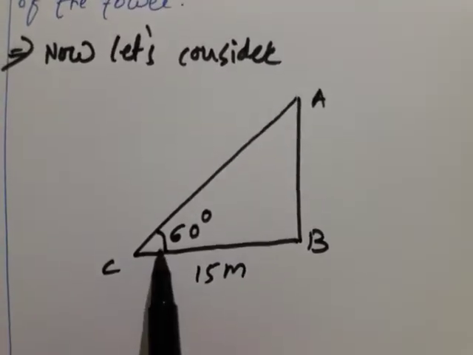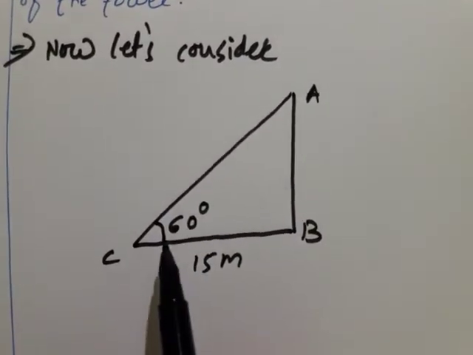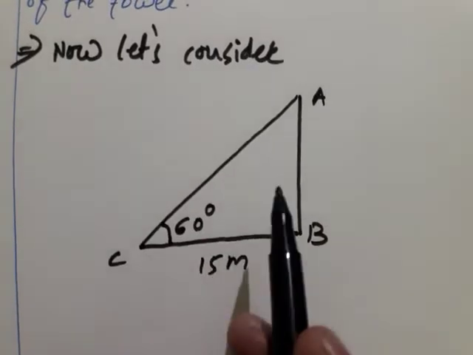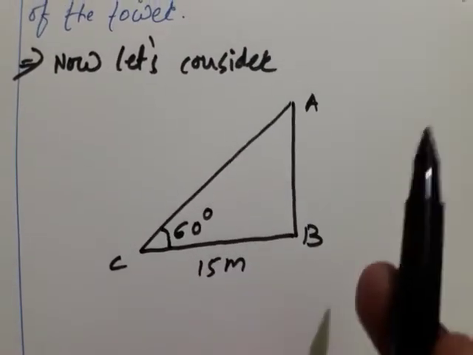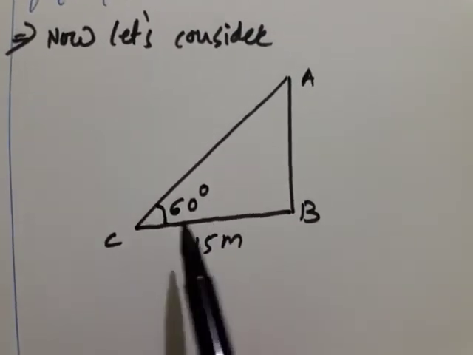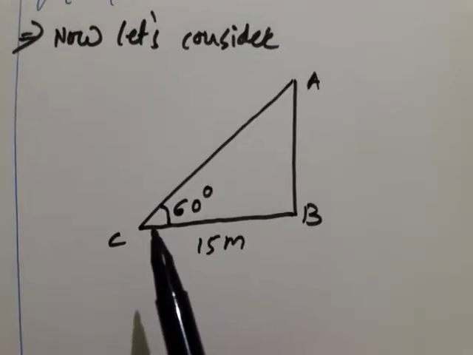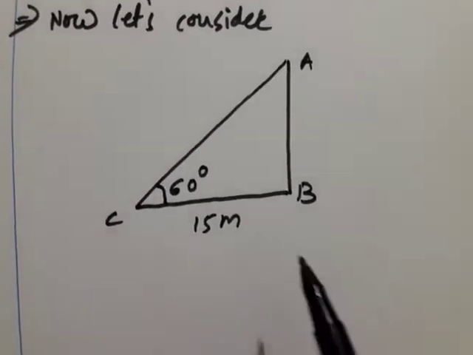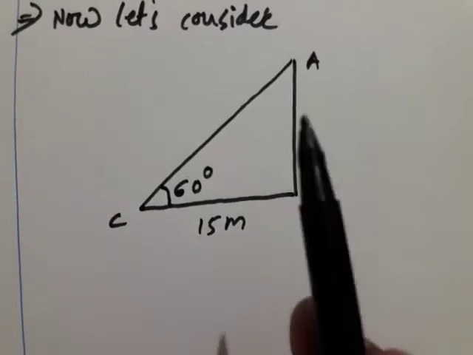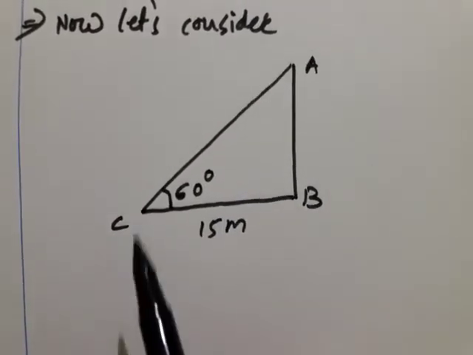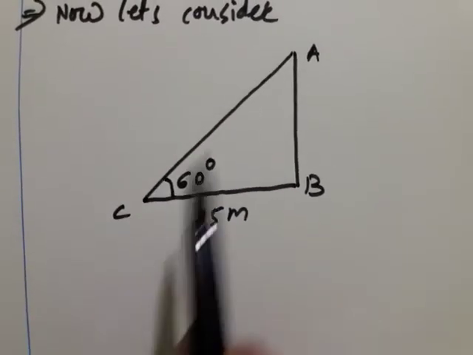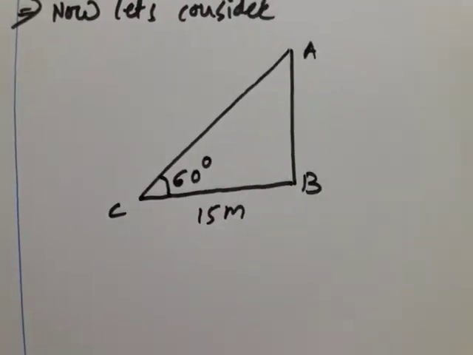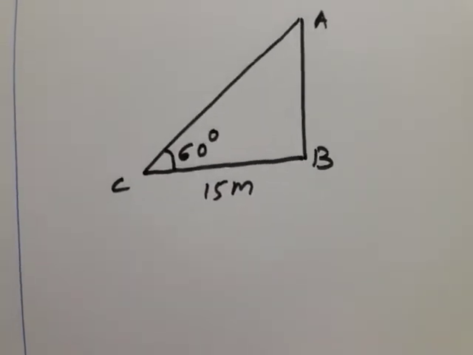Now look here, the angle is created upside. Upside means angle of elevation. Suppose it will be down. Are you getting what I am saying? Suppose it goes down, then that angle will be angle of depression. If it is toward the lower side, it is angle of depression; if it is upper, it is angle of elevation. Are you getting? Now look here, what do we want to find out?